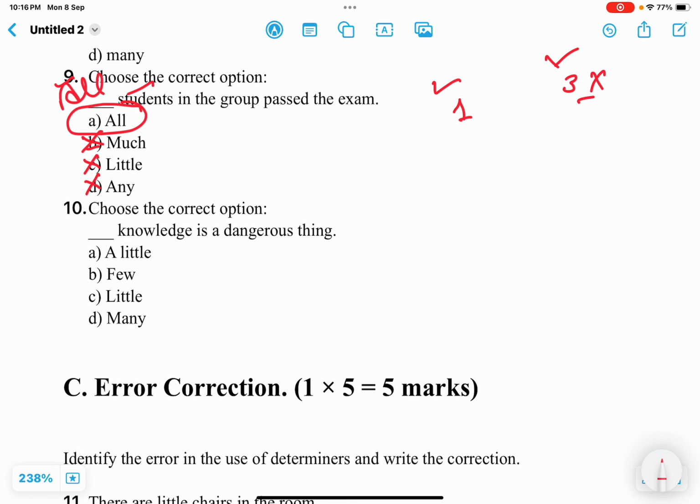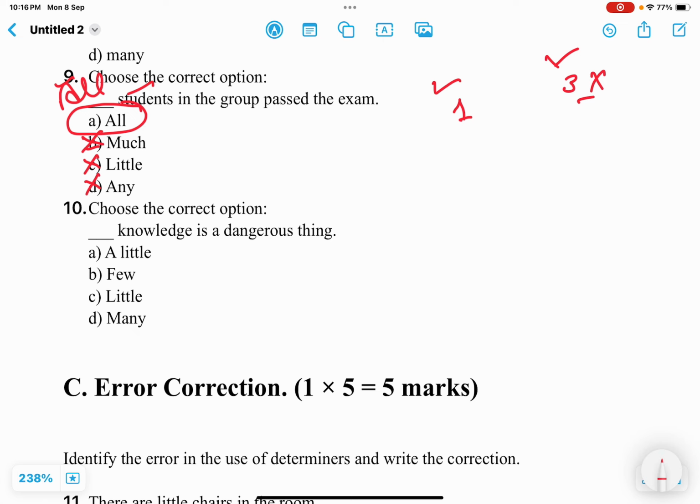Here what I mean to say, do try to find one correct option. Suppose you are getting confused and not able to find that one correct option, do concentrate on the other options also. Maybe you can find the reason, or you can be very sure that these three options are wrong.